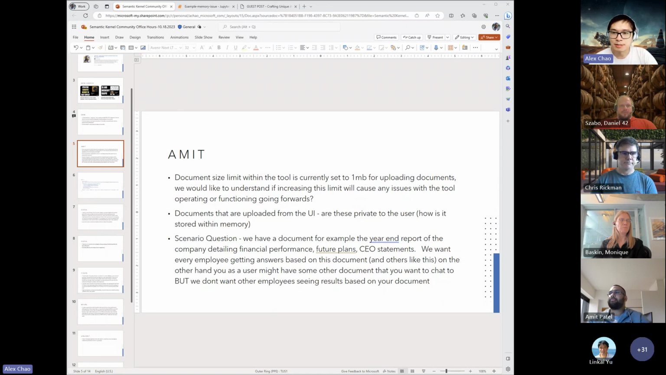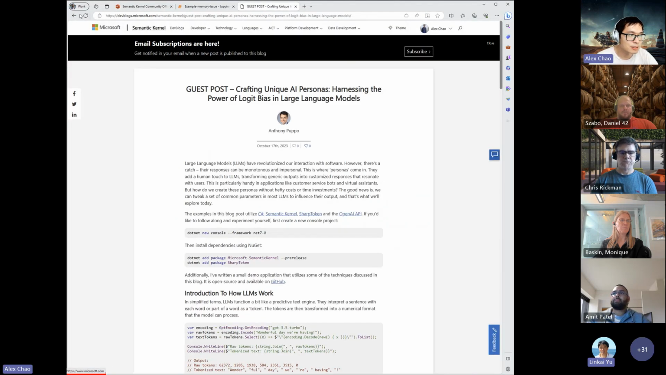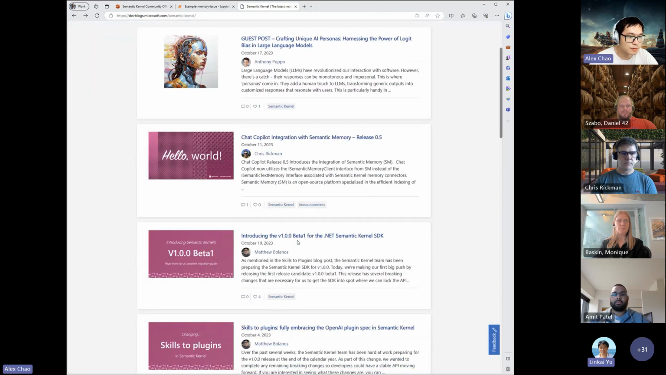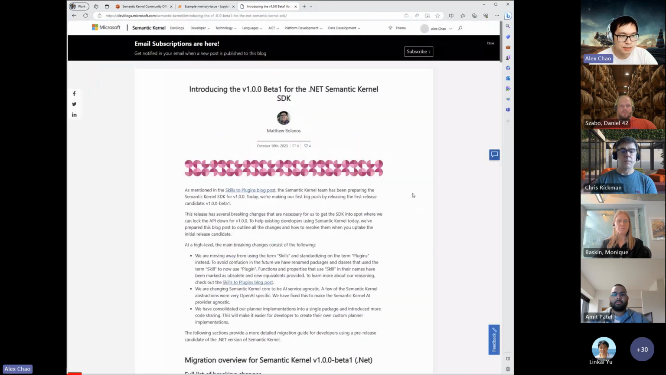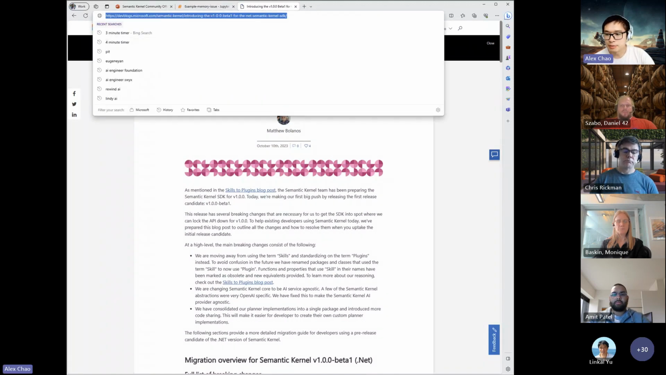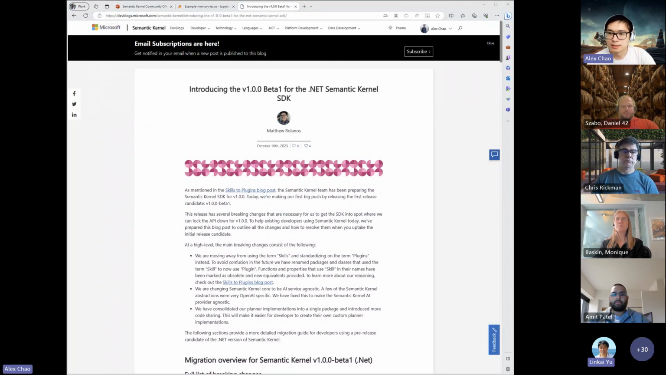But the team right now is very focused on just delivering this 1.0 experience. I'll just call it out in the blog post, at least for .NET and soon to be Python and Java as well. Just trying to get to a stable release. So